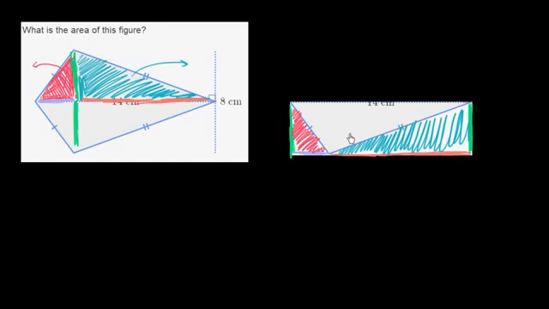Now, what we just constructed is clearly a rectangle that is 14 centimeters wide, and not 8 centimeters high, it's half of 8 centimeters high. So it's 8 centimeters times 1/2, or 4 centimeters high. And we know how to find the area of this. This is 4 centimeters times 14 centimeters. So the area is equal to 4 centimeters times 14 centimeters, which is equal to, let's see, that's 40 plus